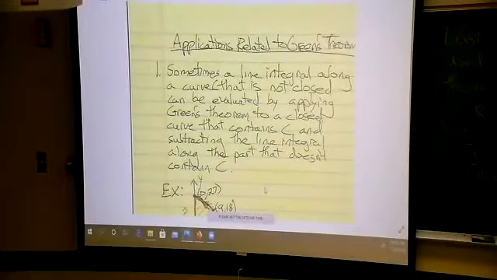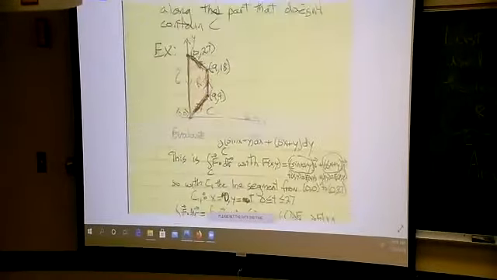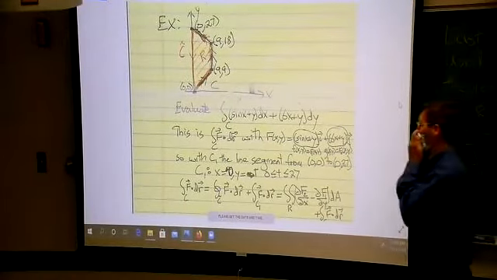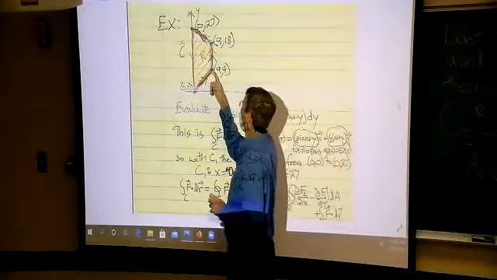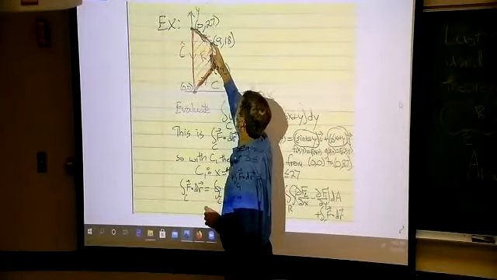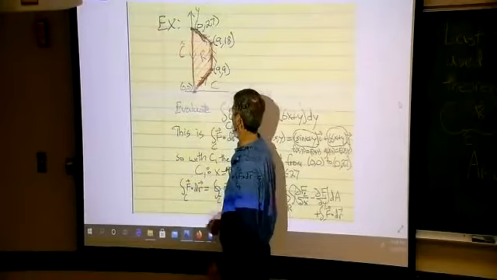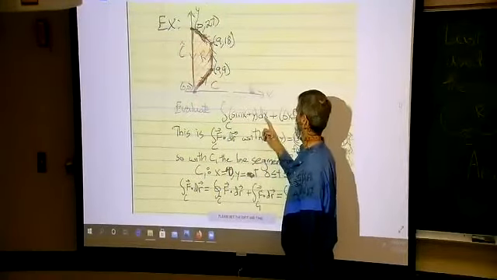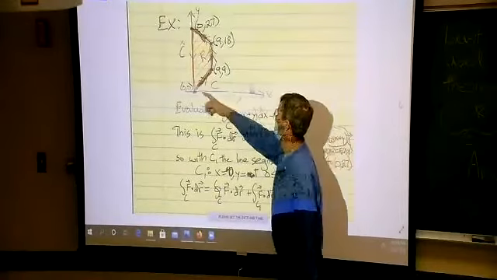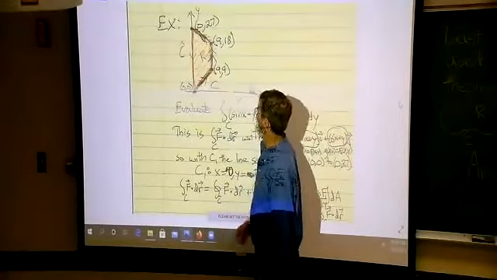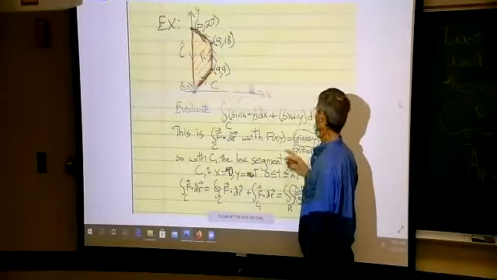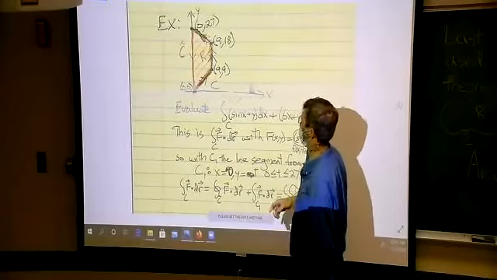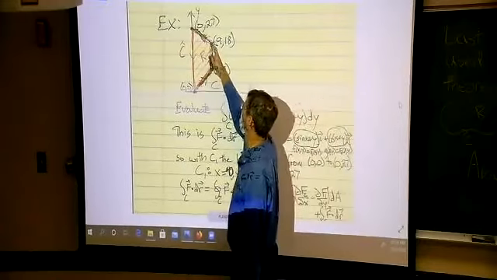Let me put an example up here. Suppose I wanted to take a line integral along this black path, which is from 0, 0 to 9, 9 to 9, 18 to 0, 27 of this quantity, sine x plus y dx. So suppose this is my line integral. I'm going to go along this curve in black. Oh, golly, what a mess. You know, that integrand is not so easy. It's not terrible, but it's not terribly easy. And I've got to break it up into 3 pieces, one here, and one here, and one here